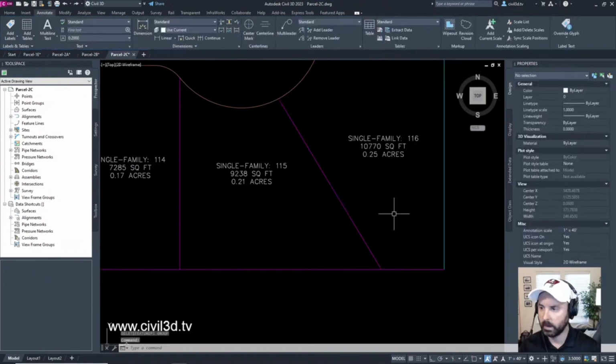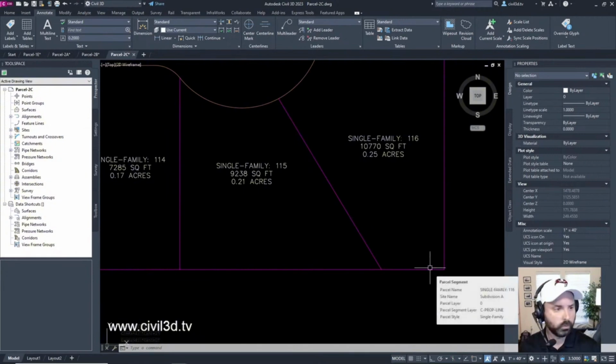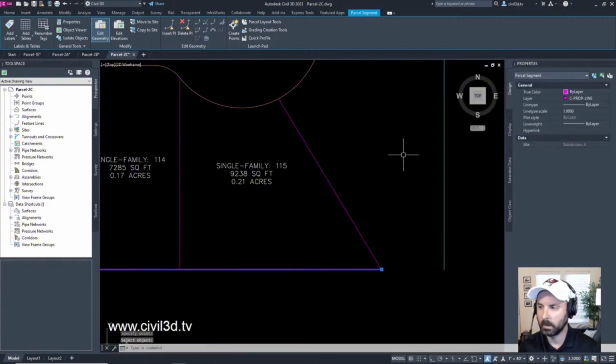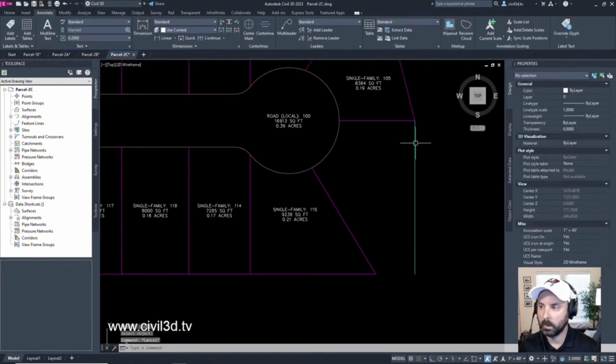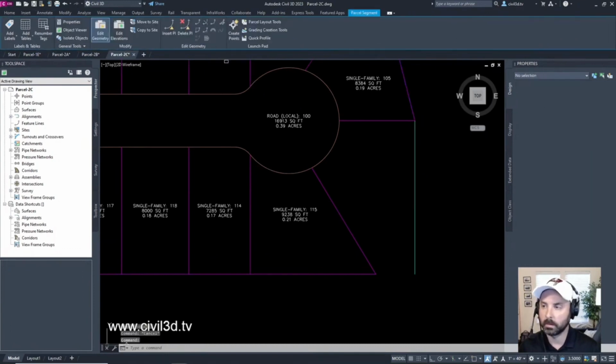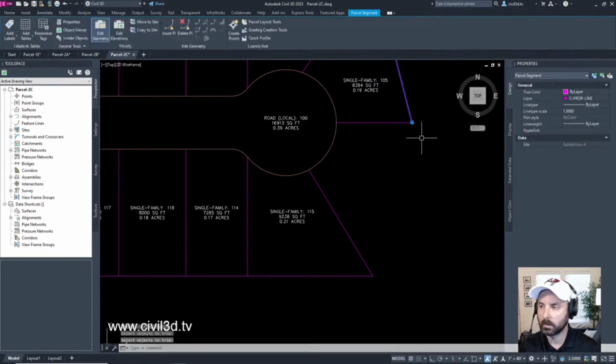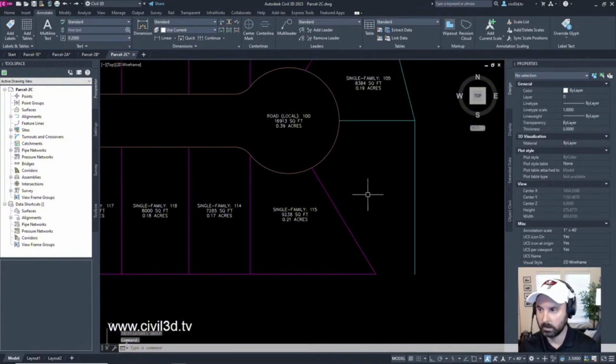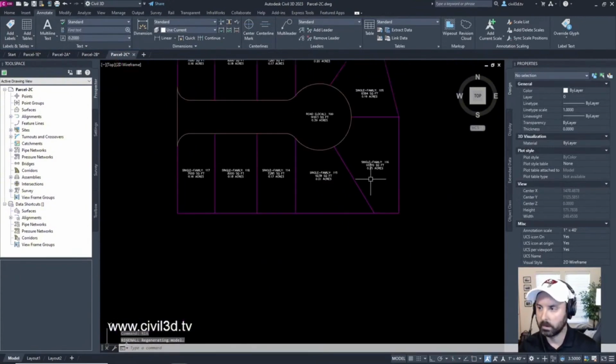What if I don't want to do that? Regen all. I just hit undo, by the way. If I select, what happens if I delete this PI? Then I would eventually trim off that if I wanted to. I'm going to undo this. Regen all.